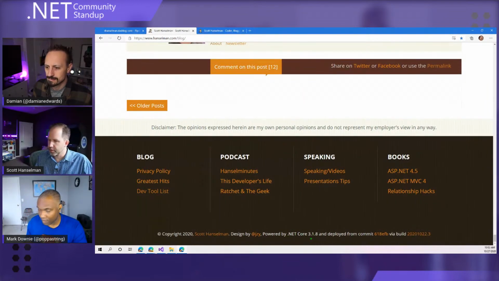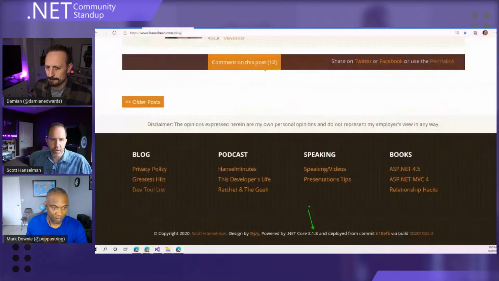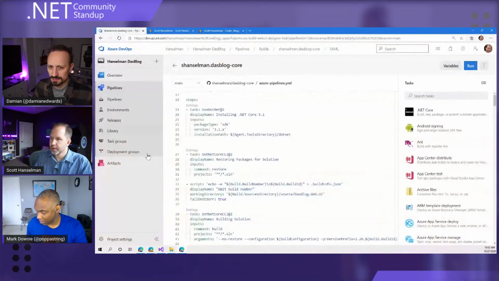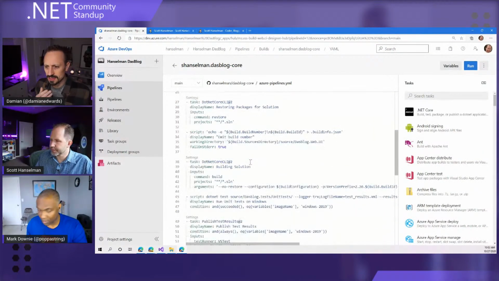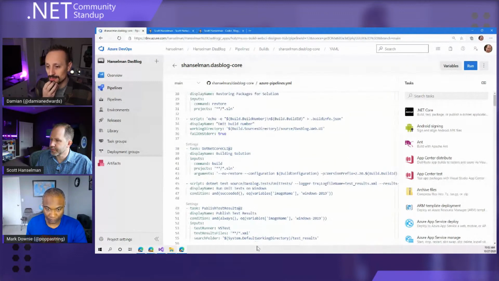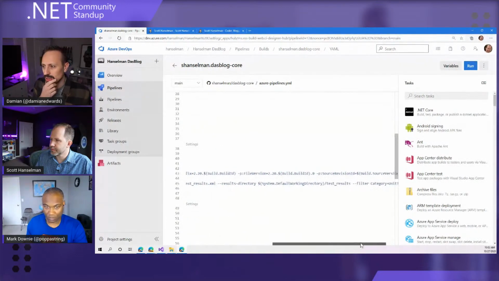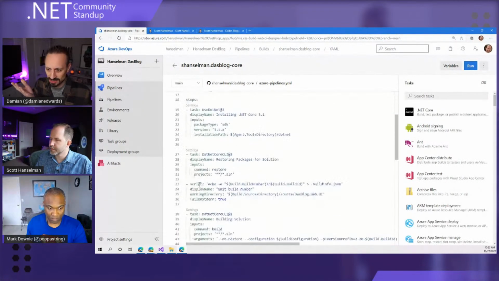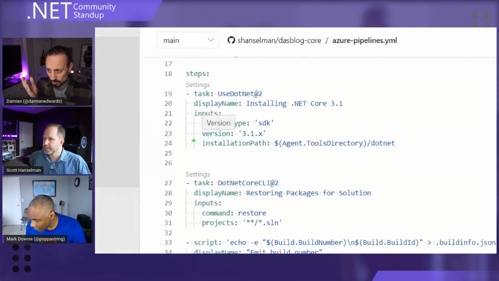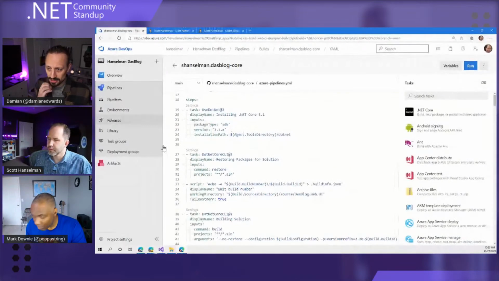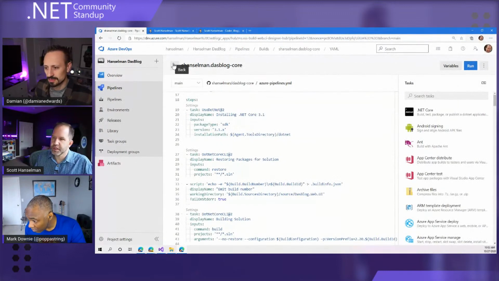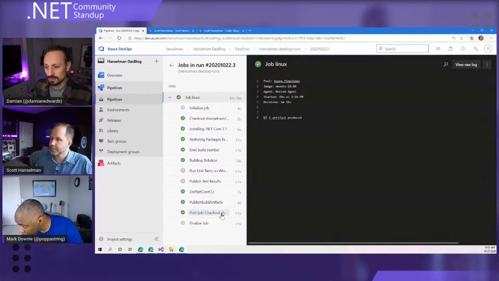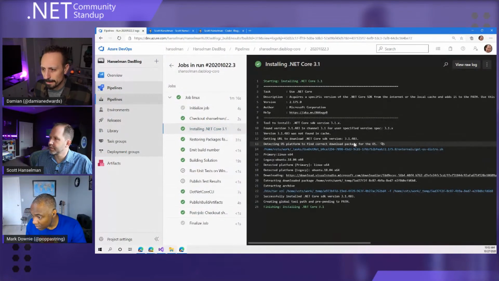Okay. The blog is on 3.1.8, but was built with the latest SDK. And the only thing I would check, because I've got a couple of my own sites obviously running on similar things, and I haven't seen this problem, and I'm using the YAML, and I'm building on Linux and deploying to Linux as well. It would be like the version of the tasks and things. But again, everything here is fine. It's Use .NET at 2. Yep. You're using the right wildcard. Did you look at the log? You did look at the log, and it said it was downloading 403? Yep, it did. So the only other thing then would be, it's weird, but to check your... It said right here.